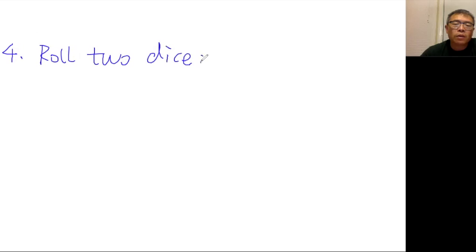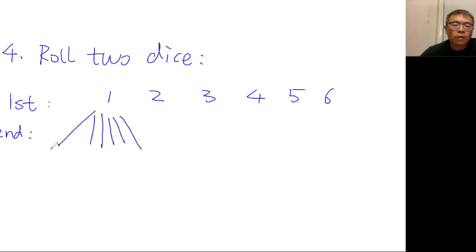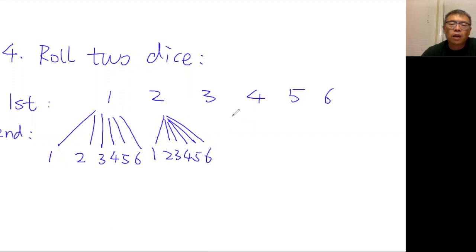The idea is very similar. So in the first roll, the outcome could be 1, 2, 3, 4, 5, and 6. Now the second roll is the same, but it's a little bit complicated because each one of these could have 6 results. You could roll the second die 1, 2, 3, 4, 5, 6. Similar here, you could roll 1, 2, 3, 4, 5, 6. Now you can write this on and on, but I will just give you a demonstration here.